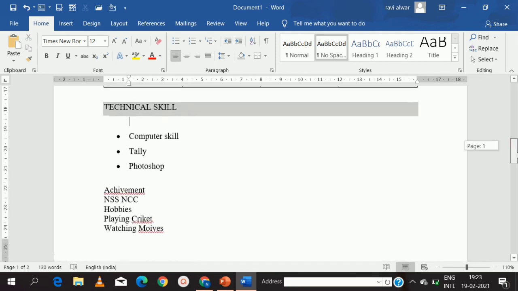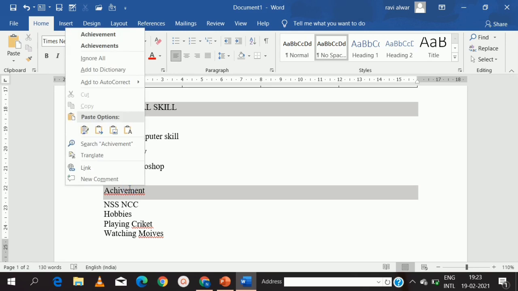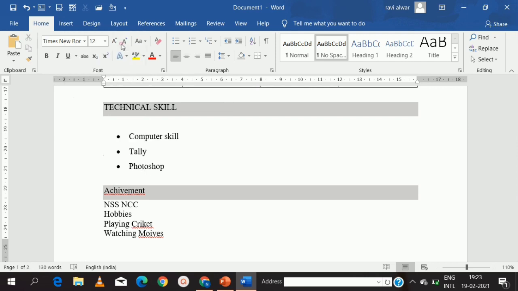Next, even for achievement I want the same thing to be applied. So I will copy the paint and apply it here. And achievement spelling is wrong, so I will right click on the word, and it will give you suggestions. Click on the right word, then select it.